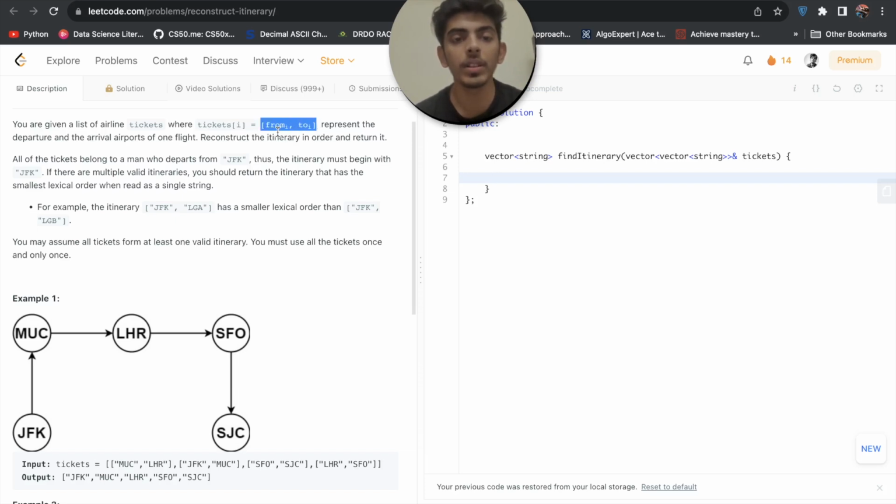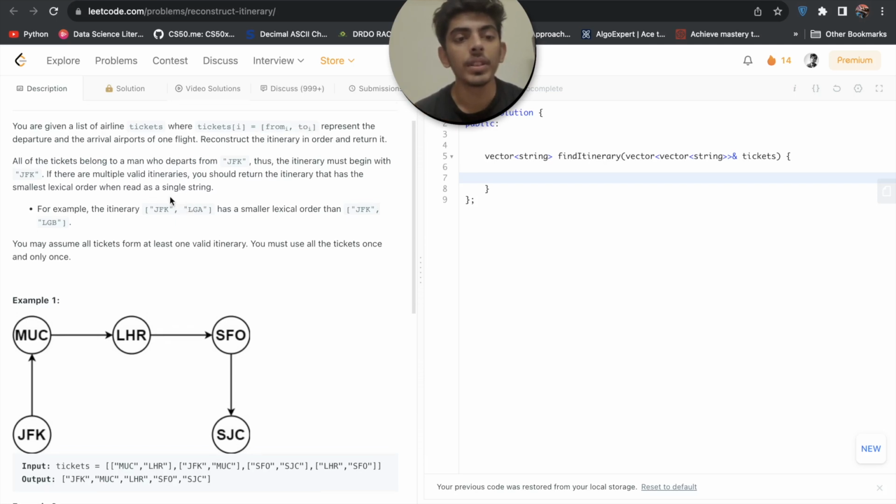One is the from, and the second one is the to, which represent the airport source and destination. After that, we have to construct an itinerary from the JFK station, which is the source station.